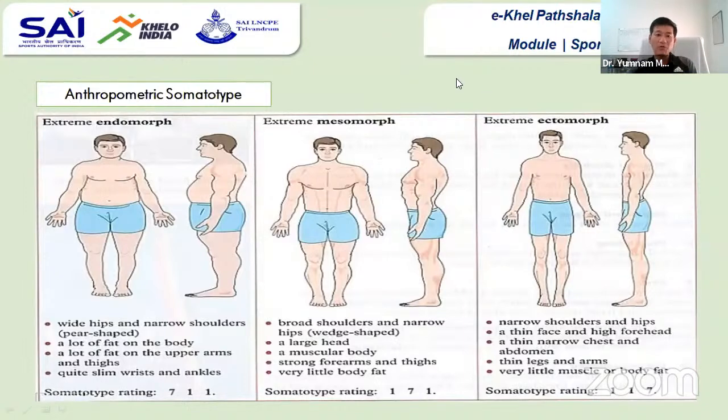So for the athlete population, mostly we require mesomorphy to be high. But you will find different structures, and event wise the somatotypic component varies. Like you will find some endomorphy in throwers, mesomorphy in most of the games, ectomorphy in long distance runners. You can compare all these things.